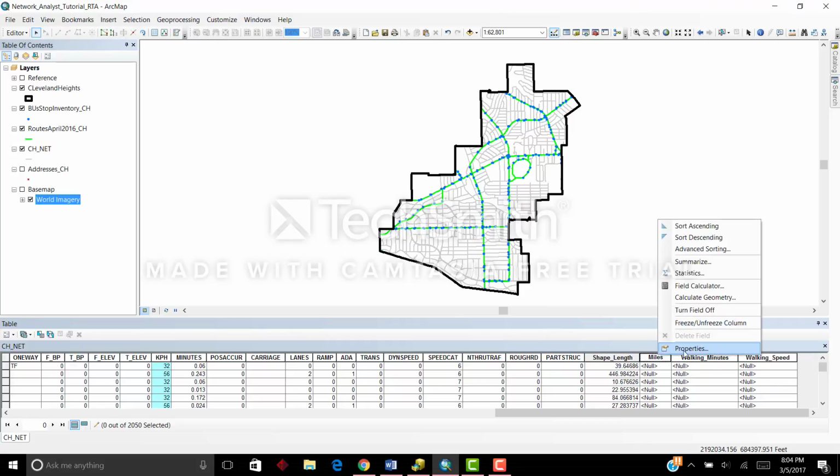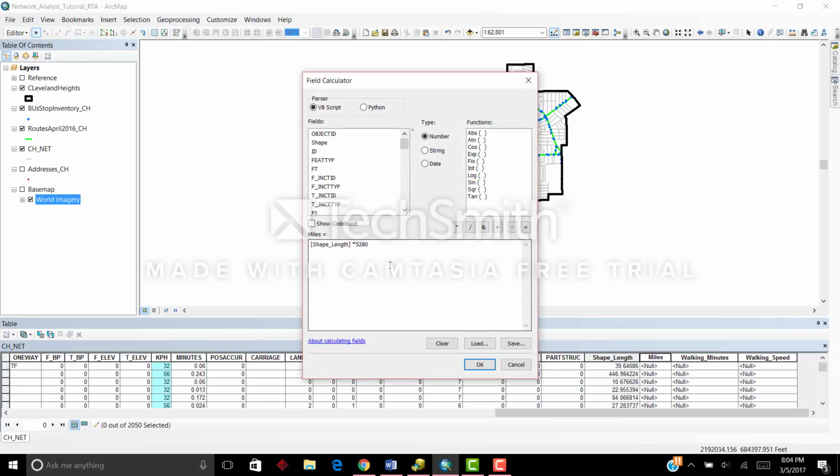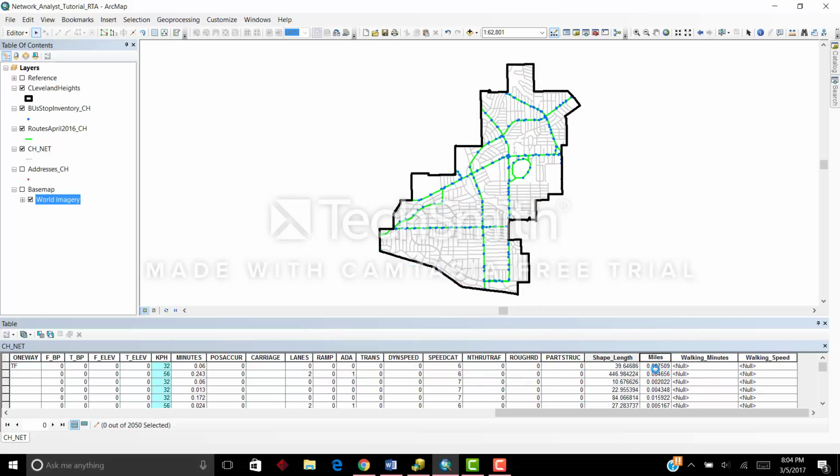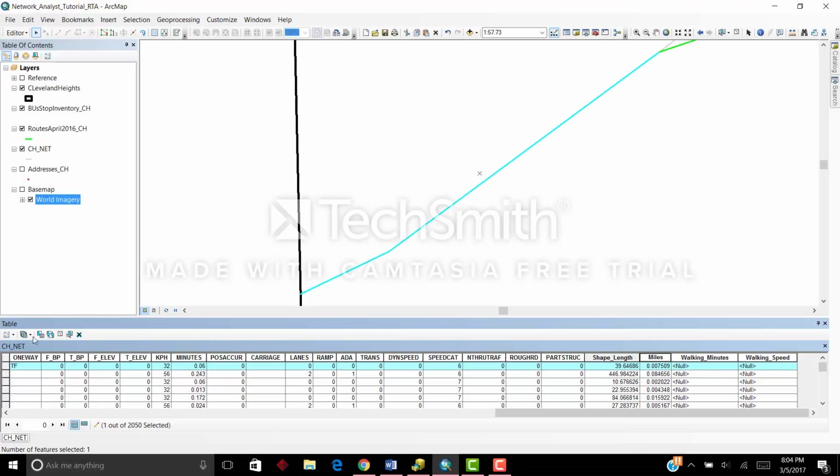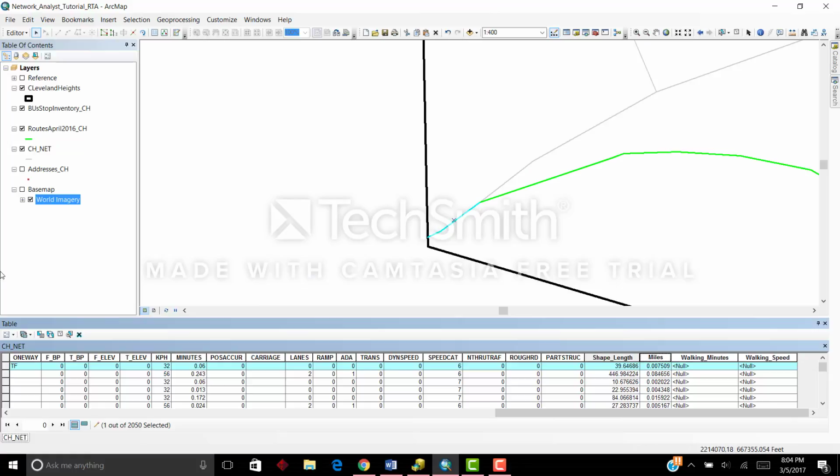For miles, go into field calculator, and that's going to be actually shape length divided by 5,280. That's how many feet are in a mile, obviously, and then that's going to calculate your miles for your friction of distance. So this first line segment is 0.007509 miles. So if I select that and double click, kind of zoom out a little bit, you'll see that it's a very short segment of a